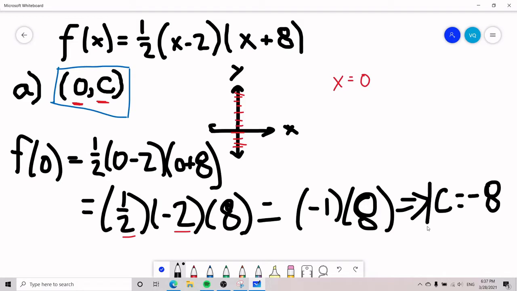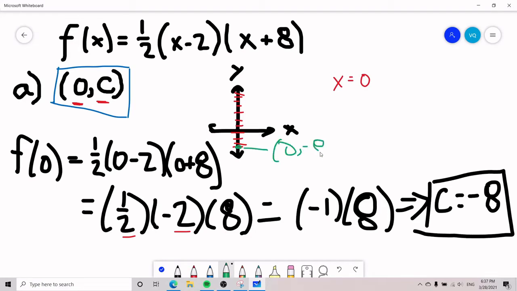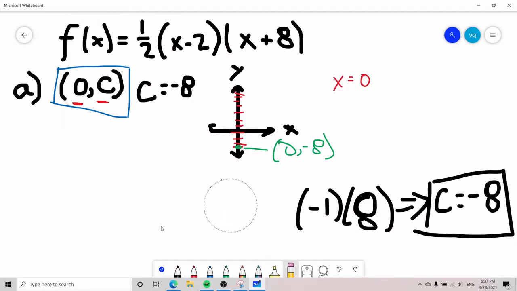And if c equals negative 8, then that means that the y-intercept is just about here on the point 0, comma negative 8. So for part A, we know that c equals negative 8. That is the first way to do this. The second way to do this